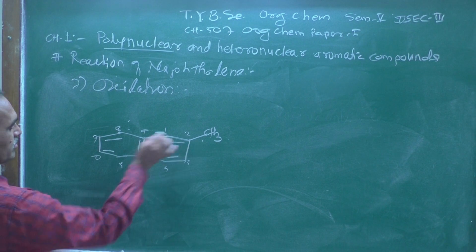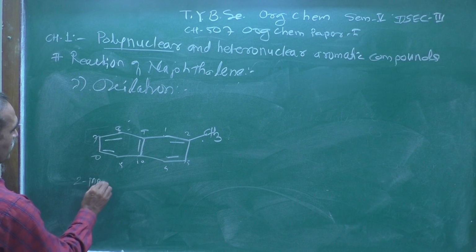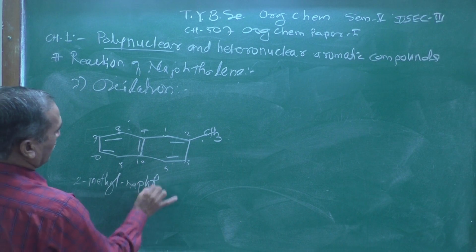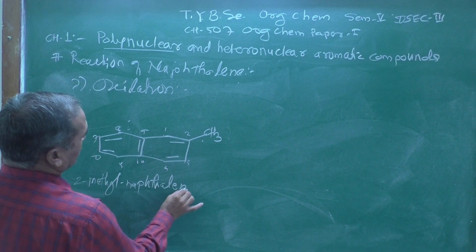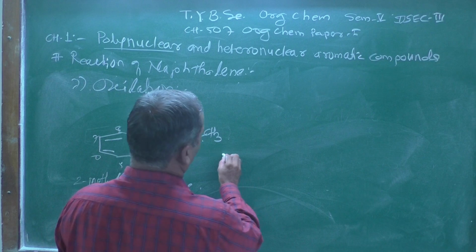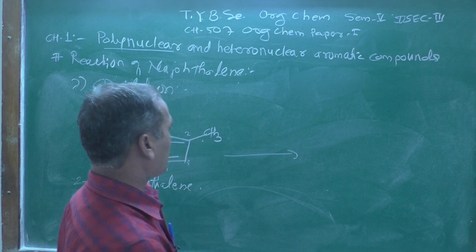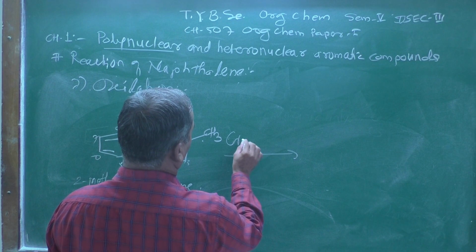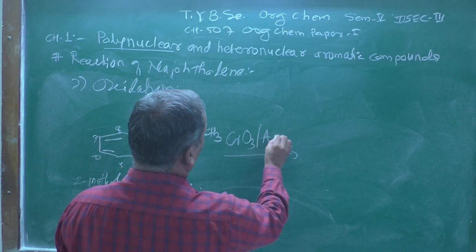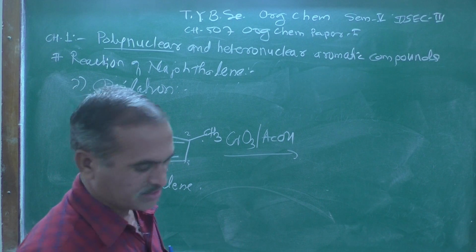naphthalene. So the methyl group which is present at the 2 position, we can call it 2-methyl naphthalene. This is a compound. When the oxidation reaction of 2-methyl naphthalene takes place in the presence of a strong oxidizing reagent like CrO3, chromium trioxide, in the presence of AcOH, which is nothing but acetic acid as a solvent,